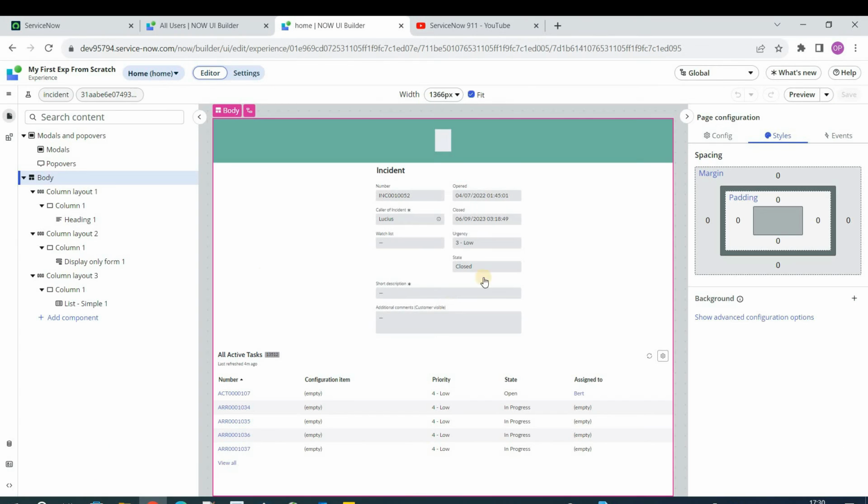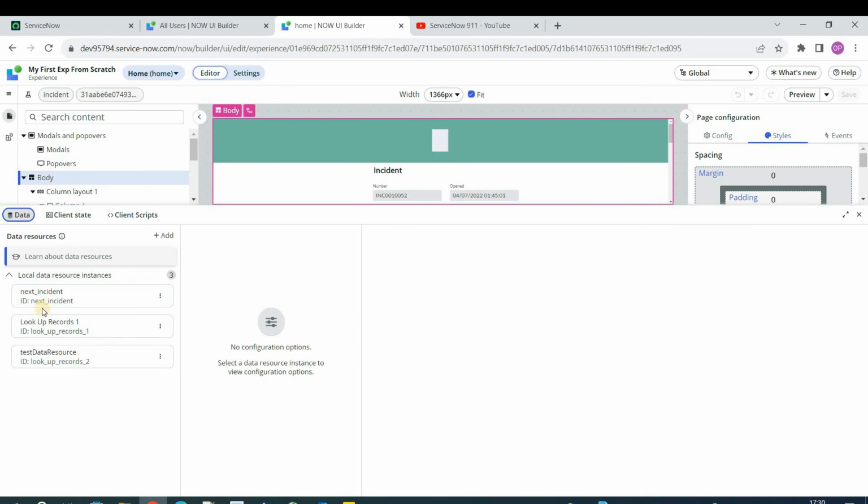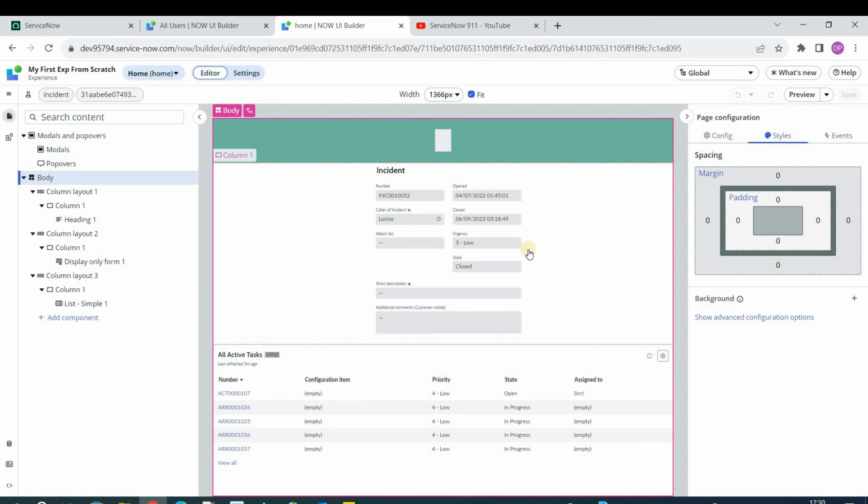Okay, so come to this particular page. This is one of the page, and you see I am using a particular data sources here. This is next incident. Its name is lookup records. Its name is test data resource. How to create this we will see after this demonstration. So in this particular page we have three data resources, and you see how I am using these data resources here. So if I click on this component,